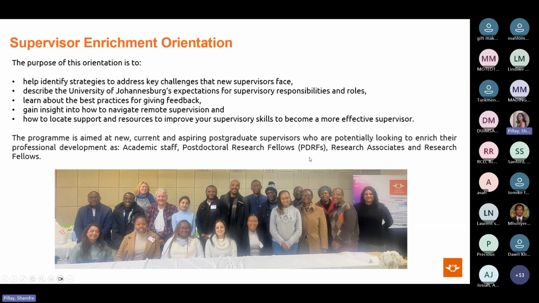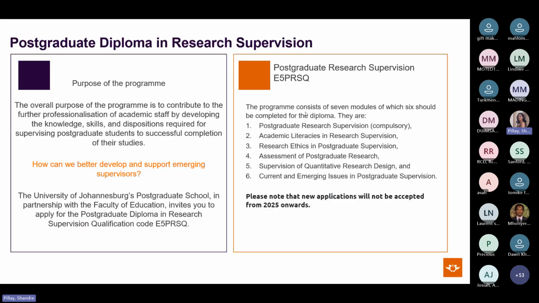Do not worry, our communications come rather frequently through the Moodle communities and on the website, so once the call goes out, we will notify everyone. As I mentioned, for the postgraduate diploma, this was the last year for registration, so I am going to skip over that.